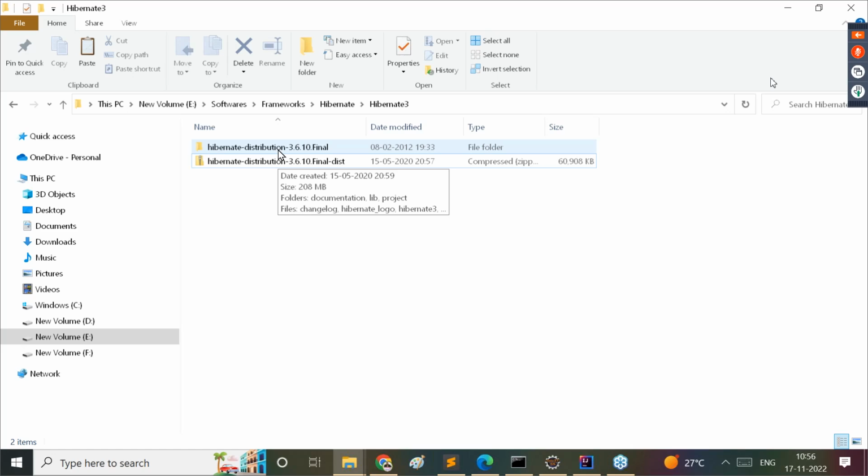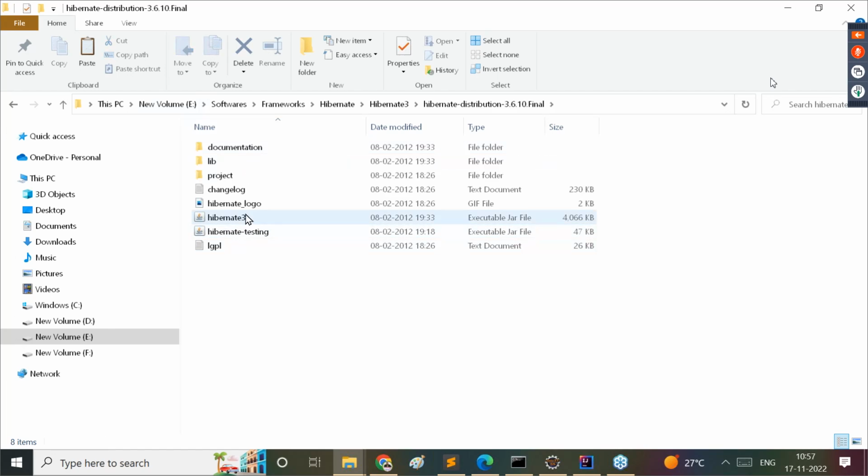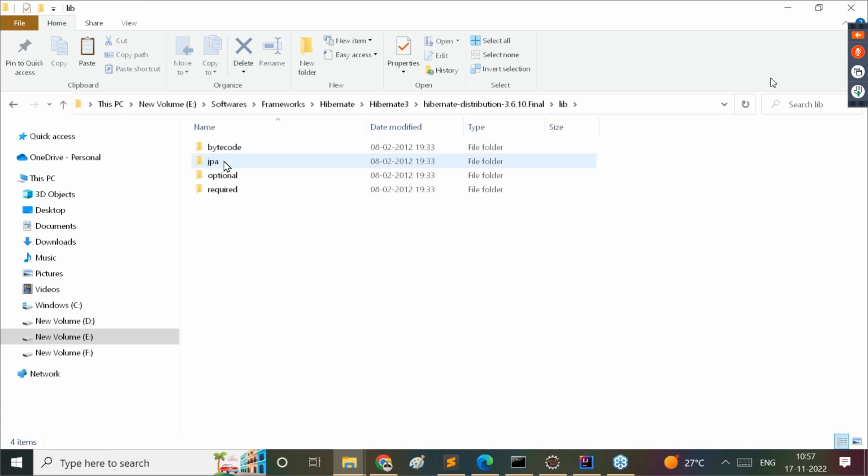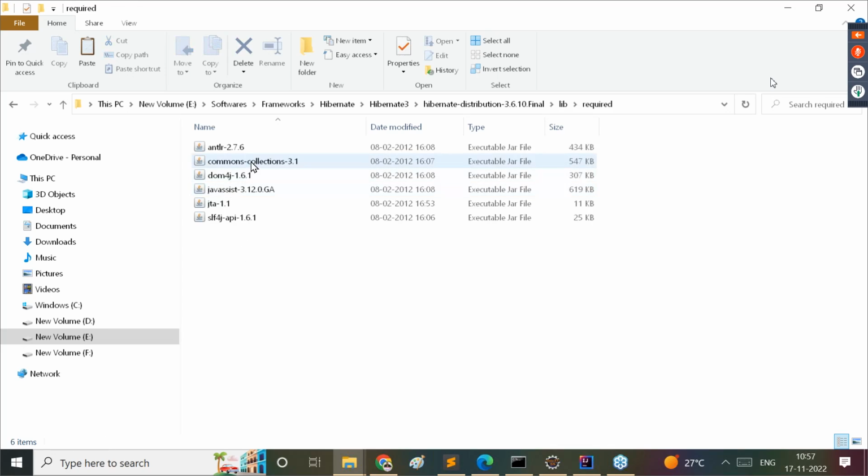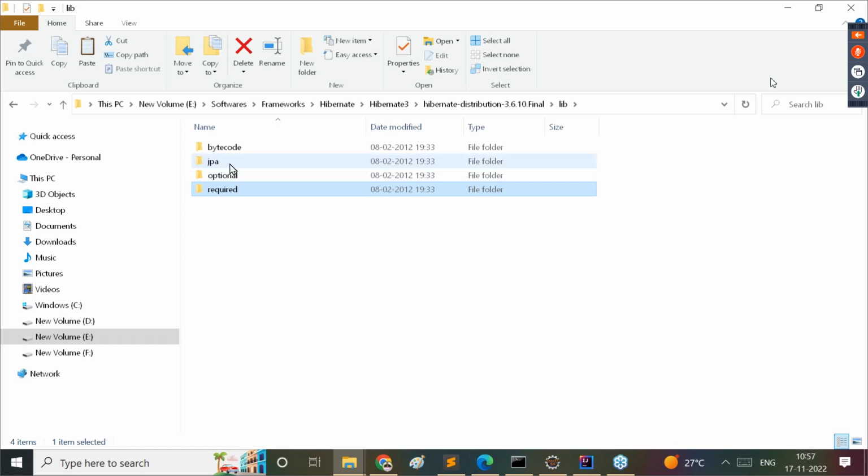Yes, sir. Got my point or not? Try to understand it now. Whenever we get this, what do we have to do next? Open this. Inside this, hibernate3.jar is available, and hibernate testing is available. It's okay. Then inside this lib folder, we have all the required jar files. Minimum jar files are available here. These are the minimum required jar files. Next one, optional and